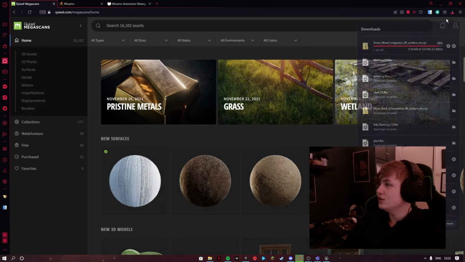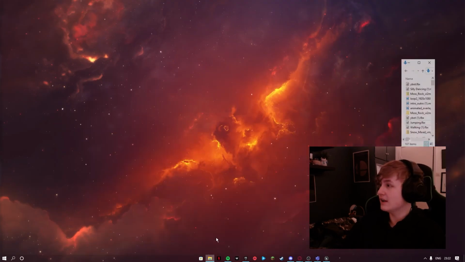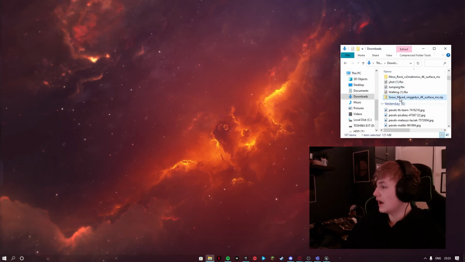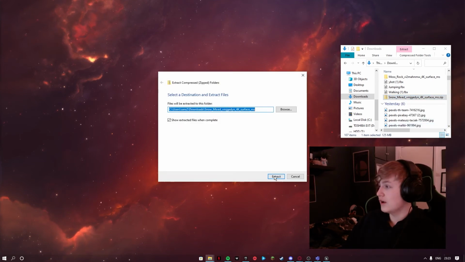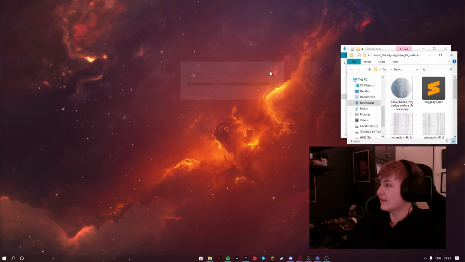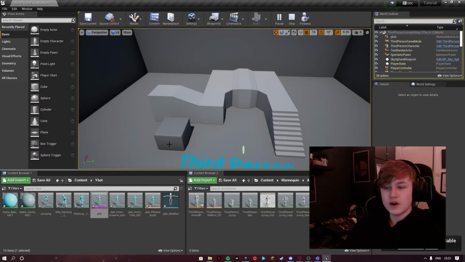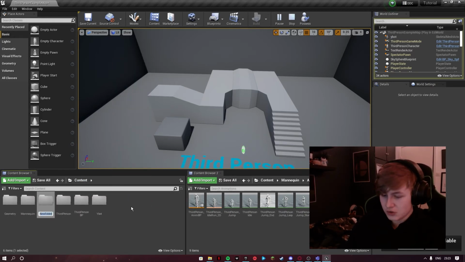And so after you have downloaded it, remember to go to the File Explorer and try and find it. It's here, and what you're going to do is extract it. It's really important that you do this. Extract all, and then after you've done that, all you have to do is open up Unreal again and find whatever you want to put it on. And you're probably going to create a new folder. I will just call mine Snow Road,